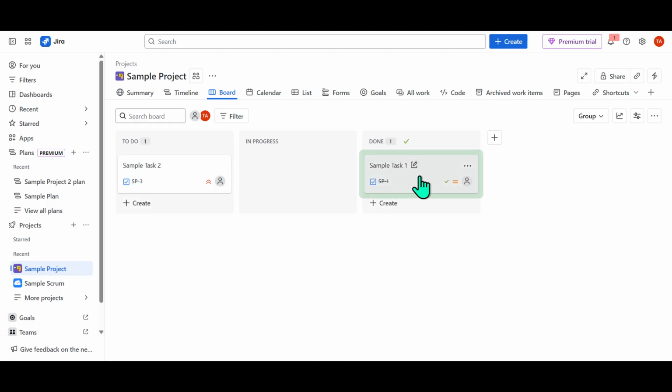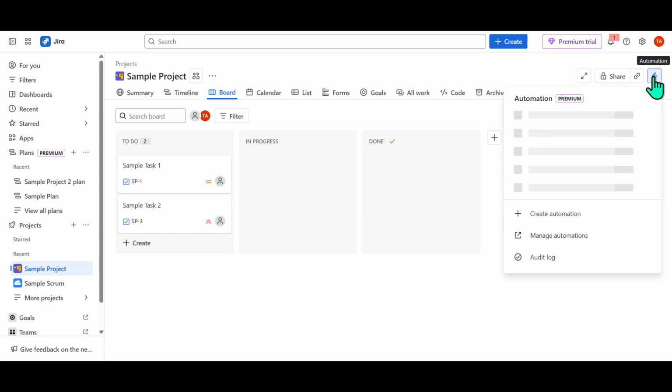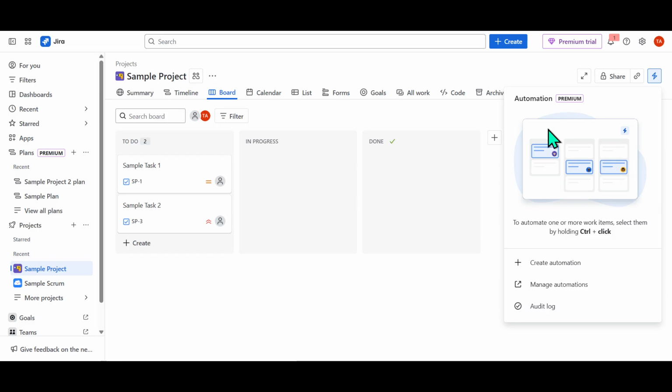Jira offers the option to create automations. These automations can move your cards automatically based on certain triggers or conditions, keeping your board organized with minimal effort. And there you have it, an easy-to-follow guide on how to use the Kanban board feature